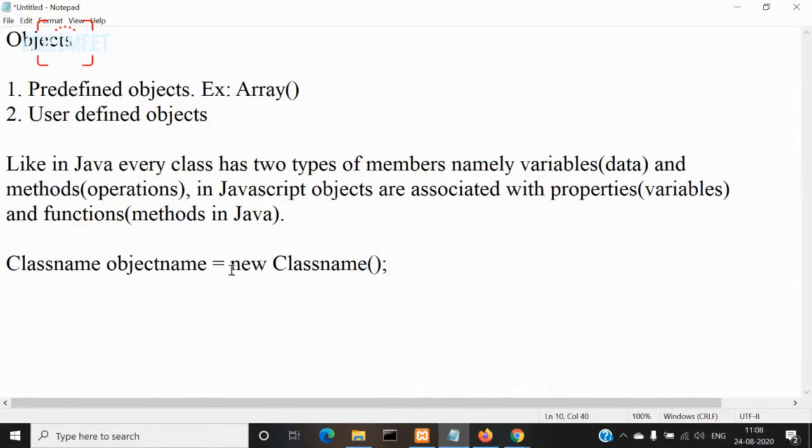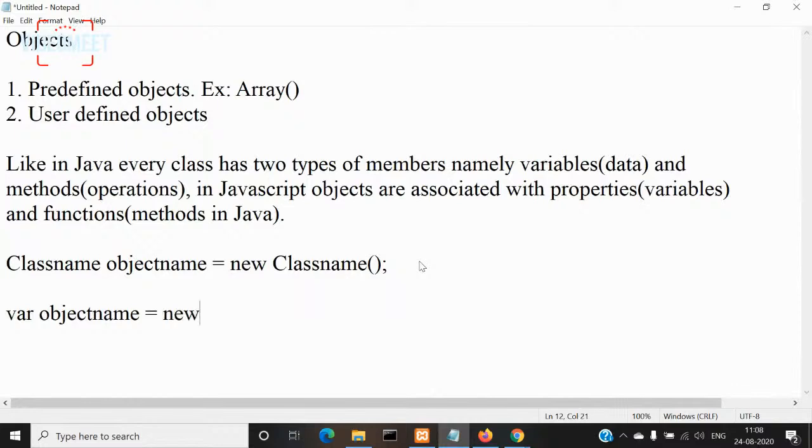So we'll use here also the same syntax which is there after the assignment operator, that is the new operator, the constructor name, and ending with a semicolon. This will be the same from here till here. But before this, instead of class name, we'll have the var keyword. Right? So here we'll have var object name